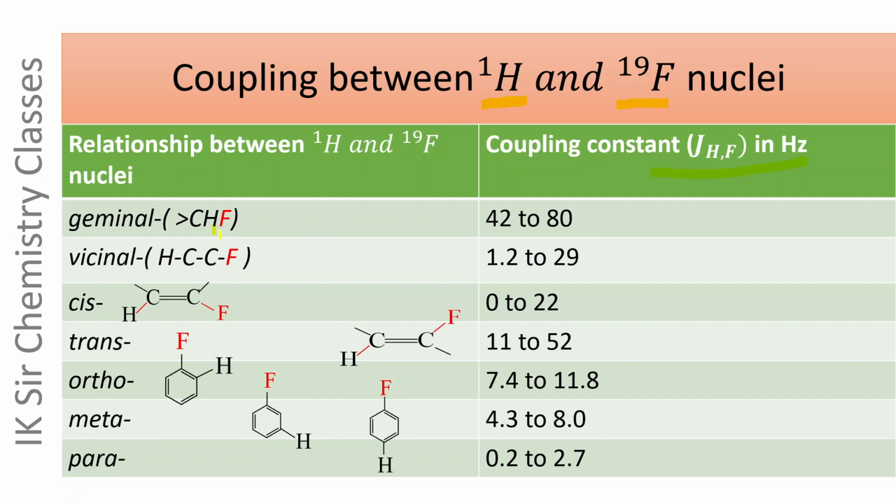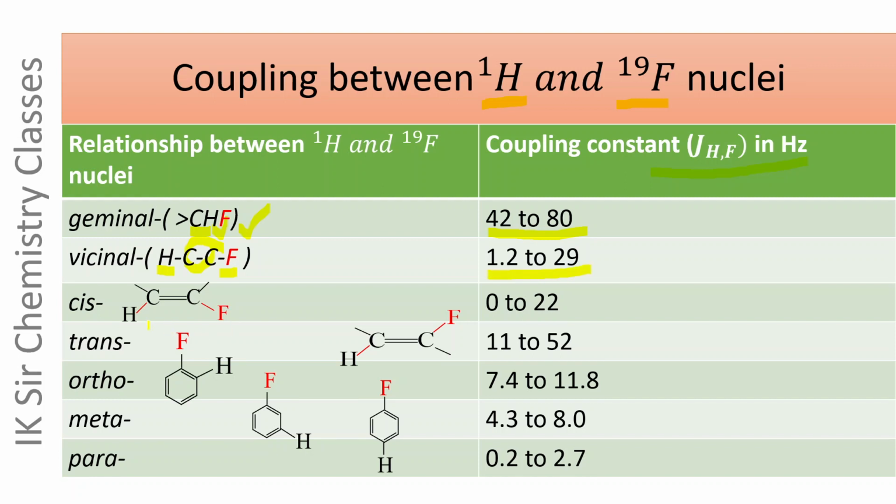If H and F nuclei are present on the same carbon atom, the coupling constant is 42 to 80 Hertz. And if hydrogen and fluorine nuclei are present on adjacent carbon atoms, the coupling constant is 1.2 to 29